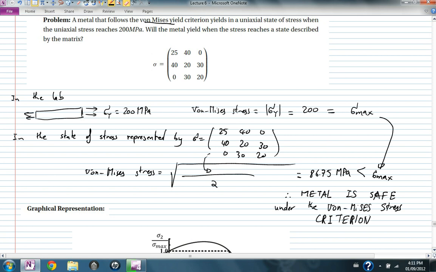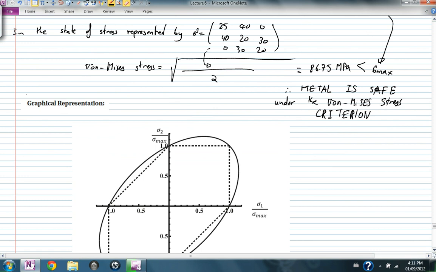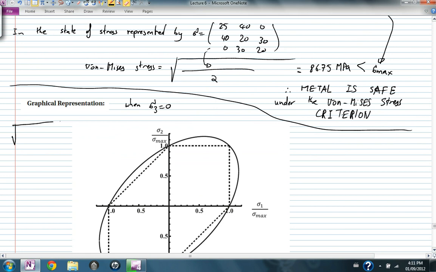So again, the last thing we want to discuss in the failure criterion is the graphical representation of the von Mises yield criterion when sigma 3 equals 0. When sigma 3 equals 0, I would like to draw the equation that states von Mises stress, which in this case will be equal to the square root of sigma 1 minus sigma 2 squared plus sigma 1 squared plus sigma 2 squared, divided by 2,